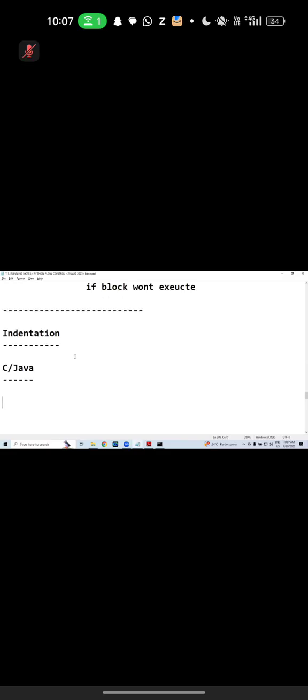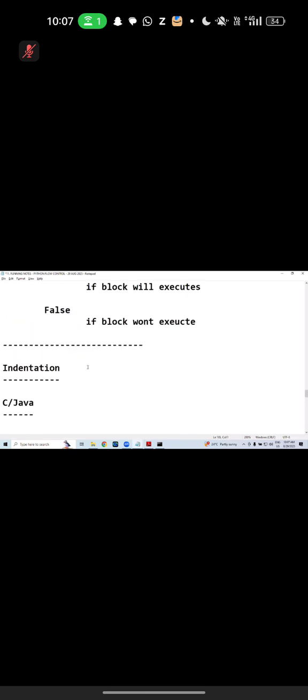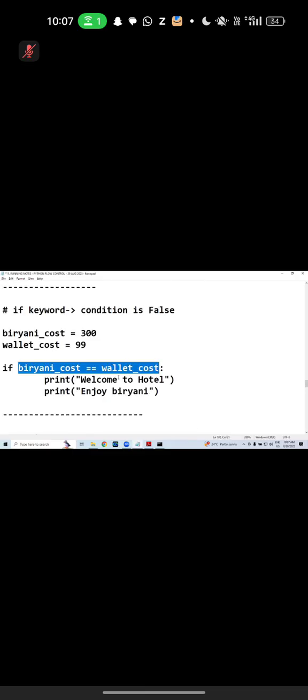If you are coming from either C or C++ or Java, if you wanted to write the same program in Java, how would you write it? Take this one. Here you need to write if, and first condition you need to write actually. Here also a condition. I would like to make it these two variables. Then go to the next line, and in the next line you need to write a curly brace starting. Next line you need to close a curly brace actually. Whatever you are starting inside the if, starting and closing is required.